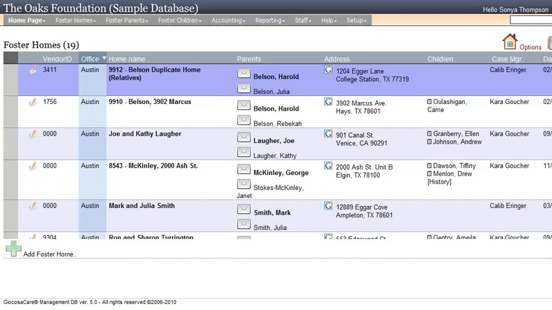Okay, I'm going to talk a little bit about the addition of caregivers to households or to foster homes. This is the Oaks database, so all of this information is fictitious. So let's start with this Belson duplicate home here. That's the name that we gave it. And there are no children in the home right now, so we will click right here to edit this foster